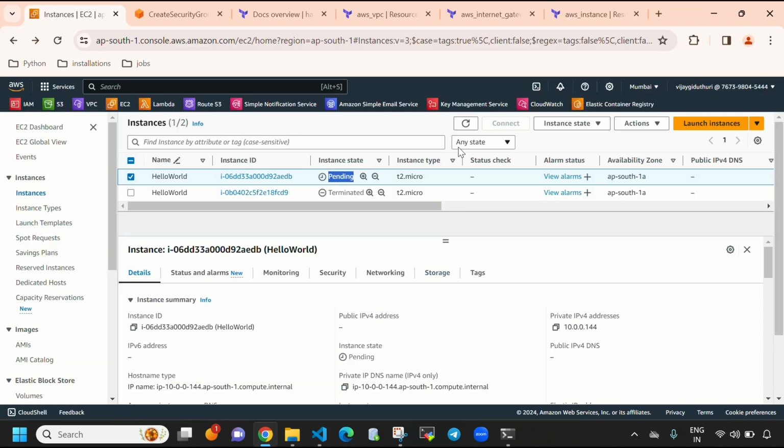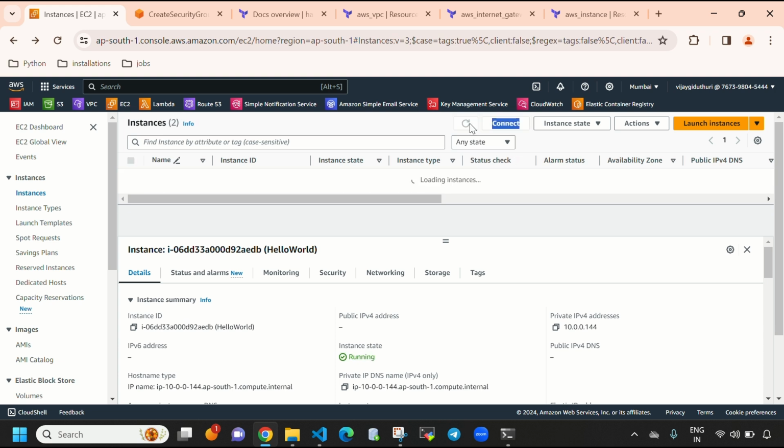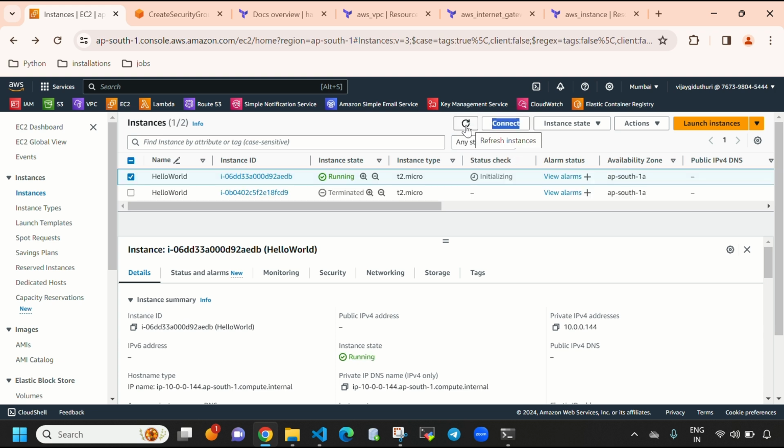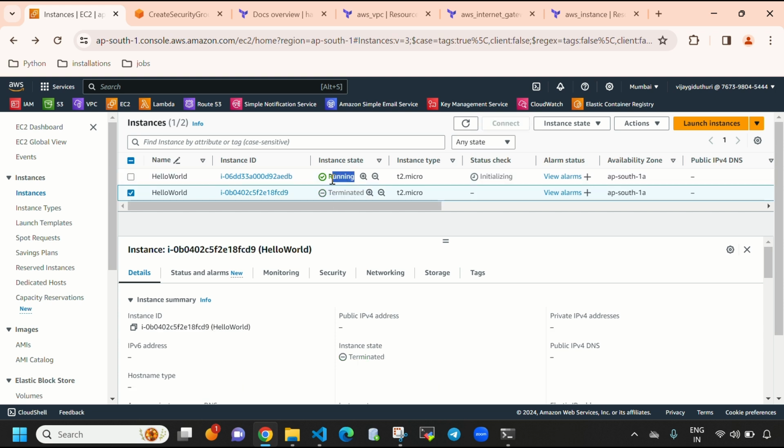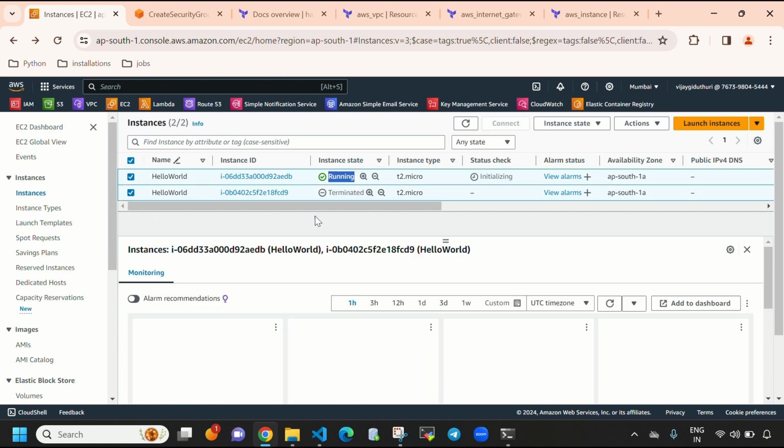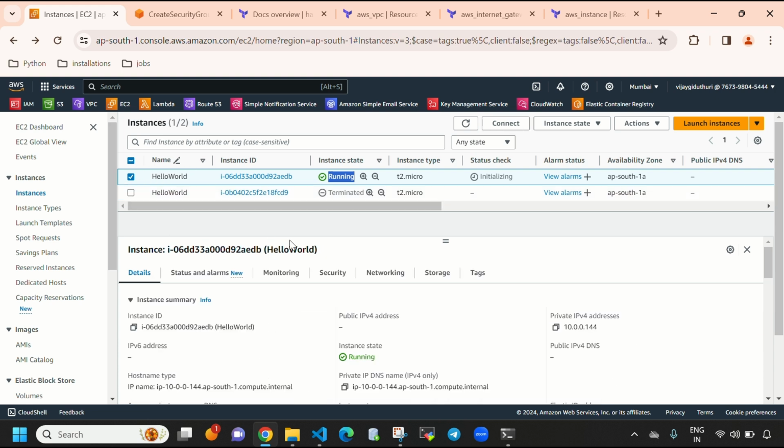So when I come here and when I reload this, you can see this is the old instance, it was terminated, and this is the new instance, it is in running state. So let's check mark this. And you can see it was created with t2.micro. And when I go to security,